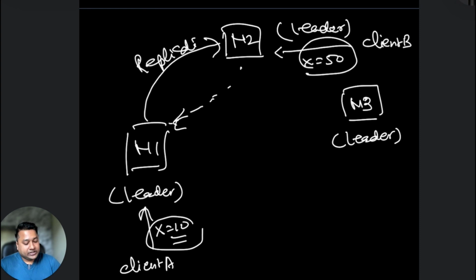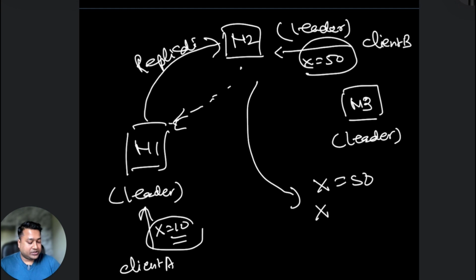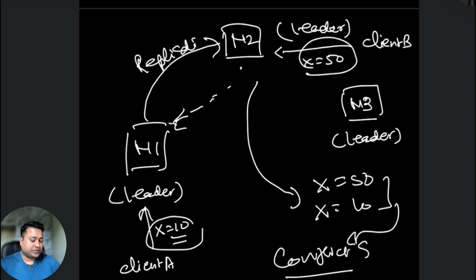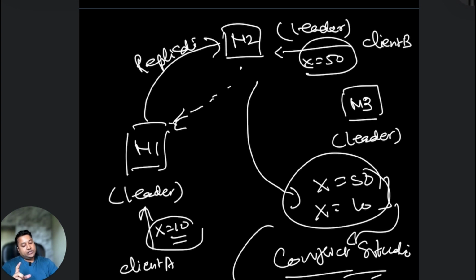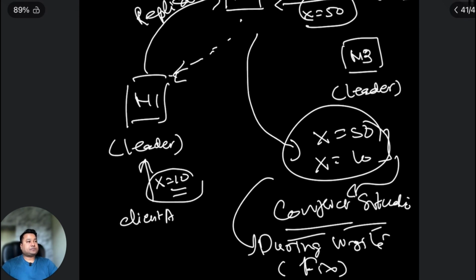When it tries to replicate, you see here in this case it already has 50, right? And now you are saying x is equal to 10. Now what to do? So that's again a conflict situation. Alright, so this is a conflict. So now there is one way, either during the write operation you fix this,